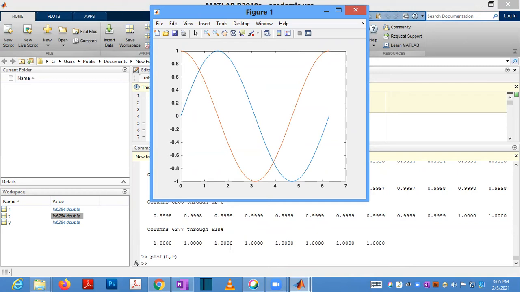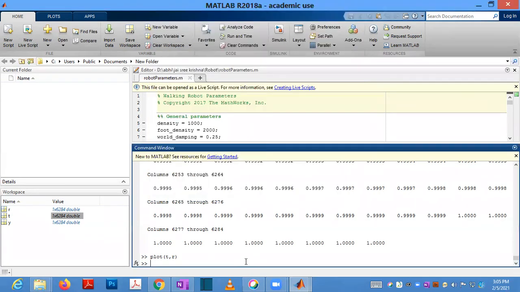So you have created this many values, 6284 values, that is why the sine wave looks like a sine wave, because each step is divided into that small value, 0.001. So if you are plotting only 4 or 5 values, the plot will not look like a sine wave.